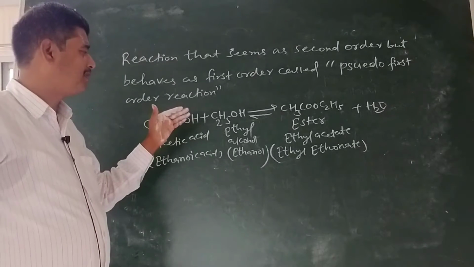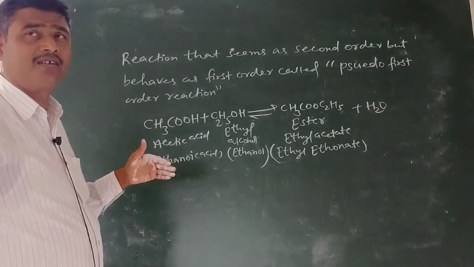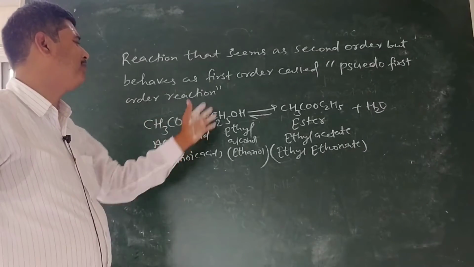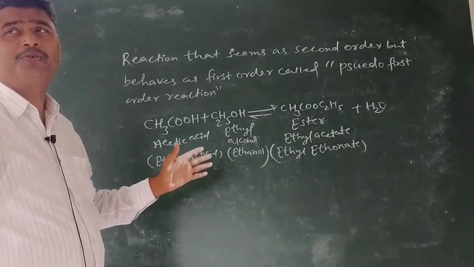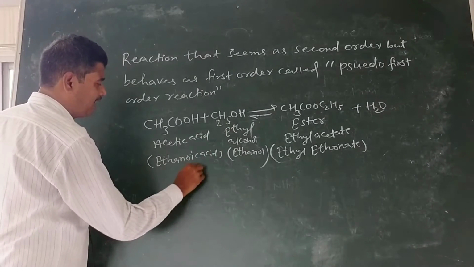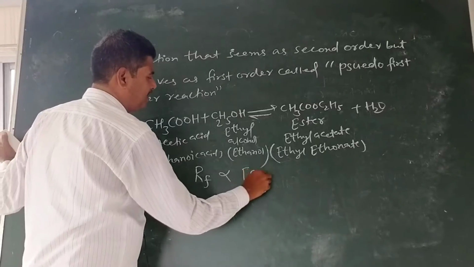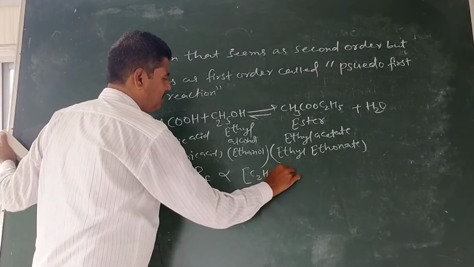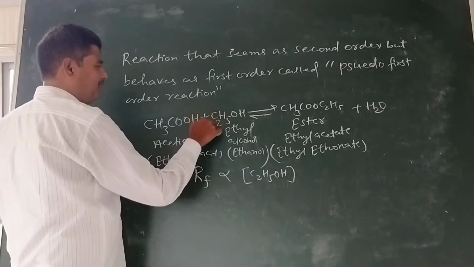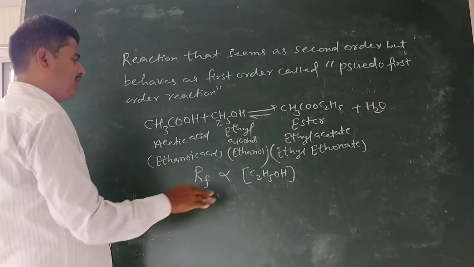And concentration of the component is first order. Hence, it will be regarded as a pseudo first order reaction. For the forward reaction, RF, rate will depend only on the concentration of alcohol. So here, power of concentration of alcohol is simply 1 because 1 mole alcohol is used here for the balanced reaction. The first order.